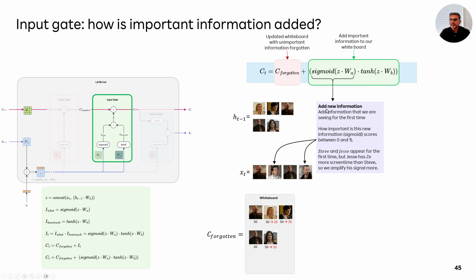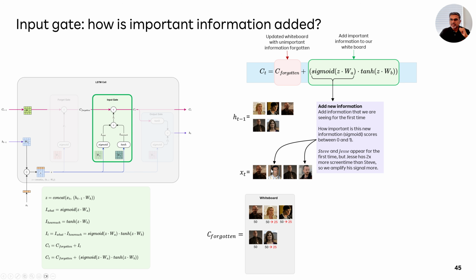The first thing is a sigmoid. The sigmoid, which is represented as this i, is what information needs to get added, what is important that needs to get added. And again, a sigmoid is a great way of taking any value and squashing it between 0 and 1. So if it is 0, it is not important. If it is 1, it is very important. So you would essentially use that sigmoid function over the input, which is Z, and you'll use a trainable weight matrix WA, multiply that and take a sigmoid of that. That will tell us how important this new information that is coming in is, and it will score it between 0 and 1, and that's what you're going to get.